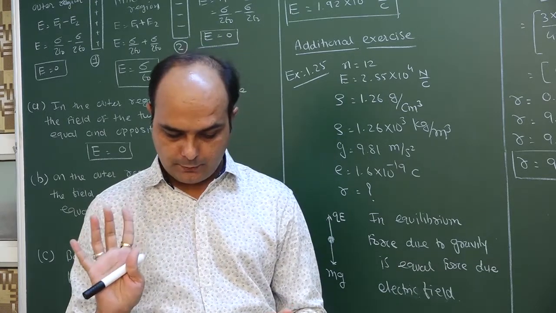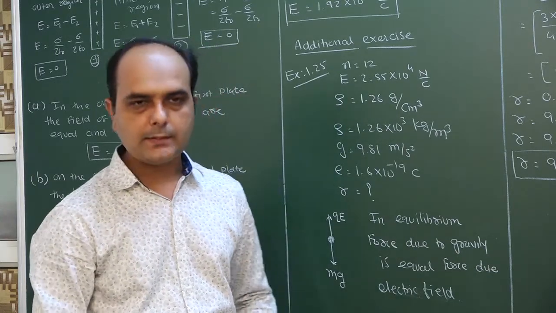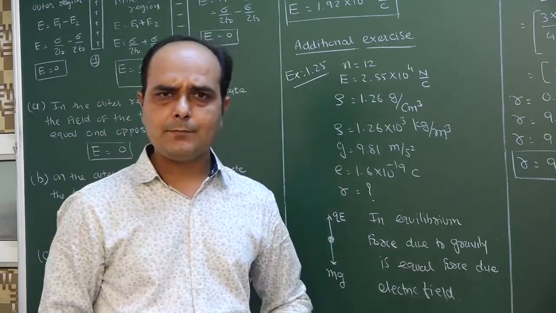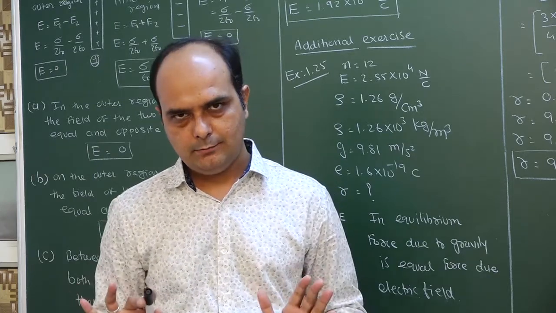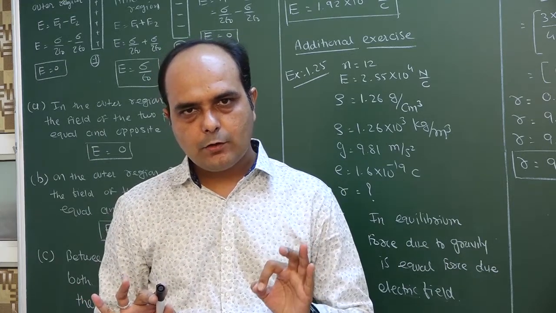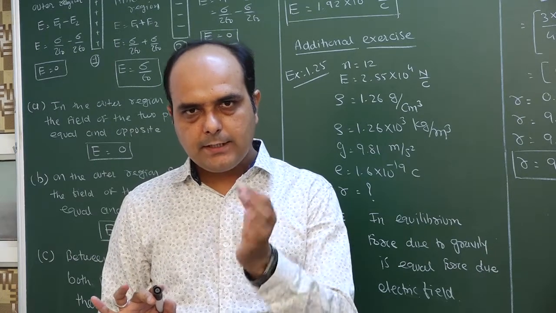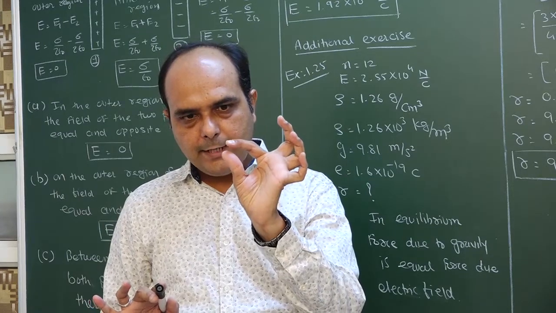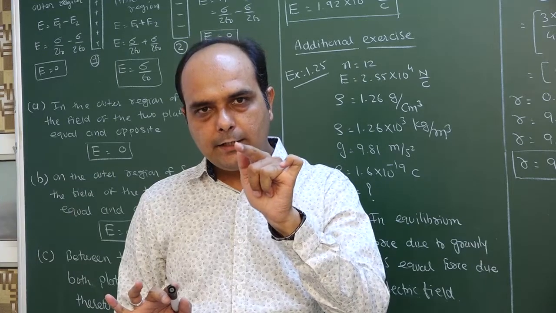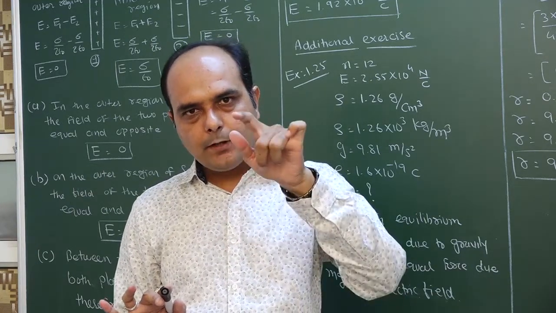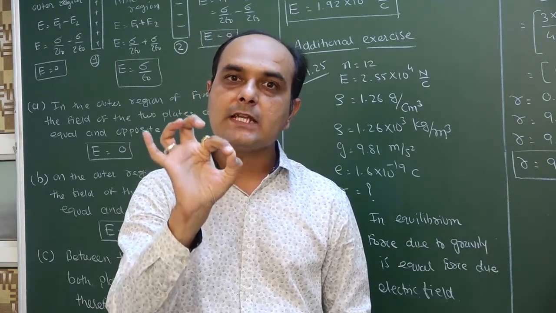Estimate the radius of the drop. Small g is equal to 9.81 and e is equal to 1.6 × 10^-19. As shown in this example, it is related to Millikan's oil drop model. In this model, there is an electric field, and in that field there is one oil drop. That oil drop attains equilibrium. The electric force acts in an upward direction and the gravitational force in a downward direction, equal in magnitude but opposite in direction, so the drop attains equilibrium.